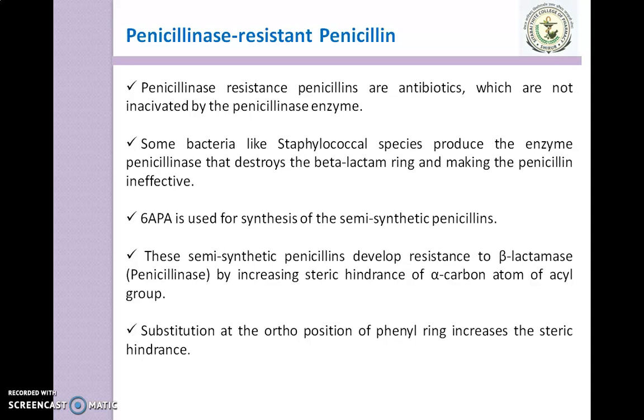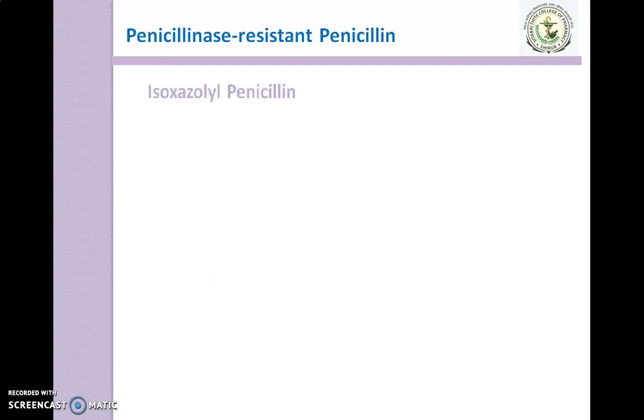So these produce semisynthetic penicillins which develop resistance to beta-lactamase, that is penicillinase, by increasing the steric hindrance of the alpha carbon atom of the acyl group. Substitution at the ortho position of the phenyl ring also increases the steric hindrance. So the best example of these penicillinase-resistant penicillins are